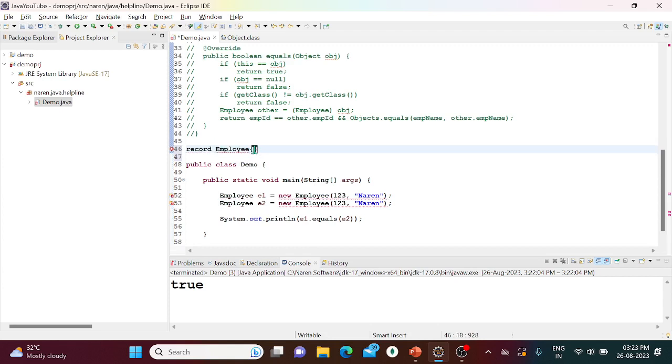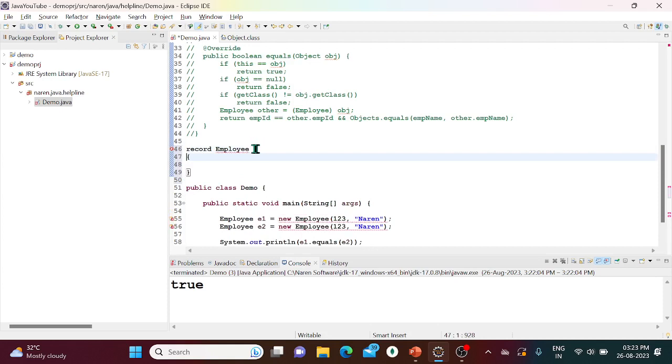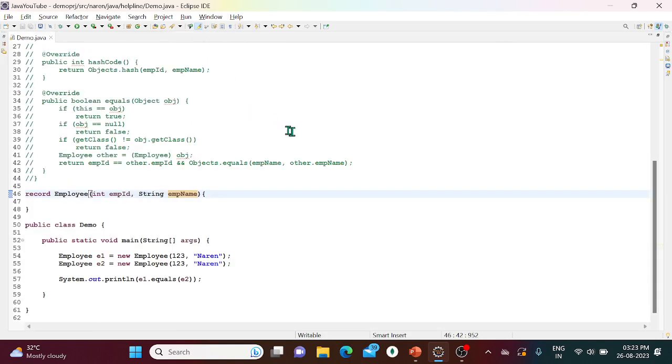I will say record Employee, and mention which fields we need: int empId, comma, String empName. That's all. No need to write those 40 lines of code. I wrote only one line of code. And now you see,